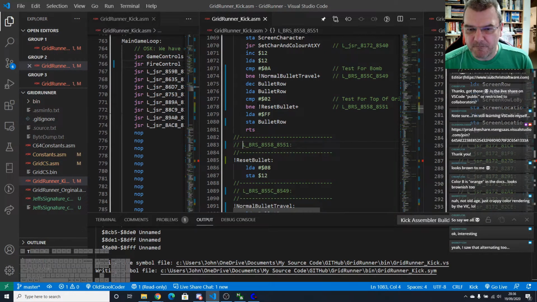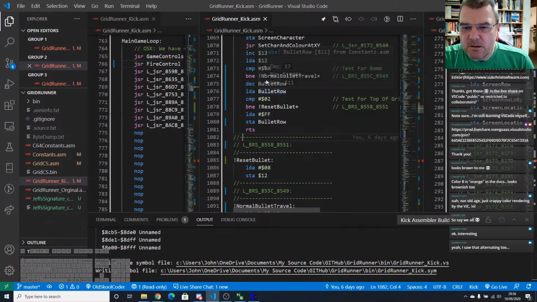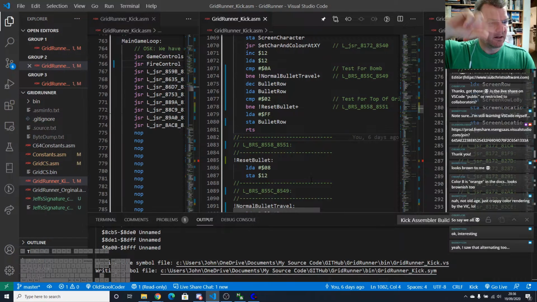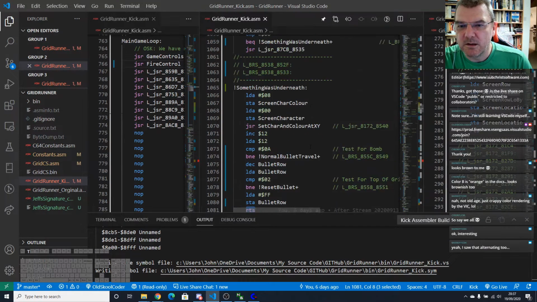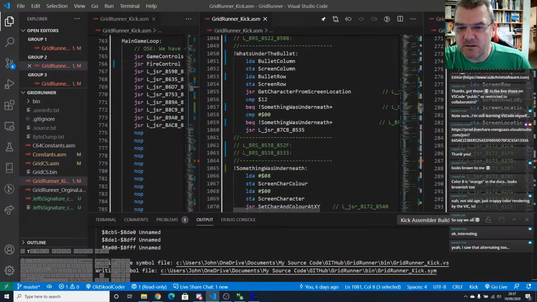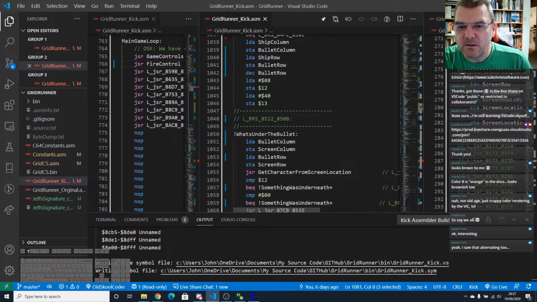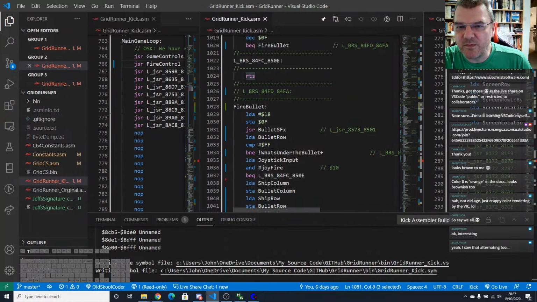So if it's not equal to the top of the screen, it's resetting the bullet and then carrying on with the travel. So it looks like it's alternating. If it has hit the top of the screen, then it sets that the bullet is off the screen and then jumps out. So this, where it jumps out,